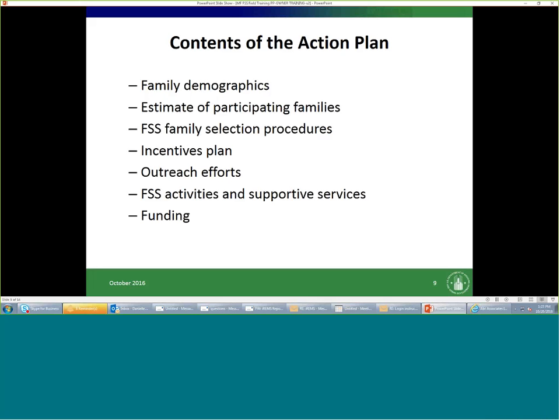Yeah, so some of the other incentives that we've seen public housing folks do could be some type of homeownership opportunity connections, potential down payment assistance opportunities. We've seen an FSS Success Club for additional support and education to reach homeownership. So good question. Continuing with other action plan requirements, number 5, we're going to ask you to provide a description